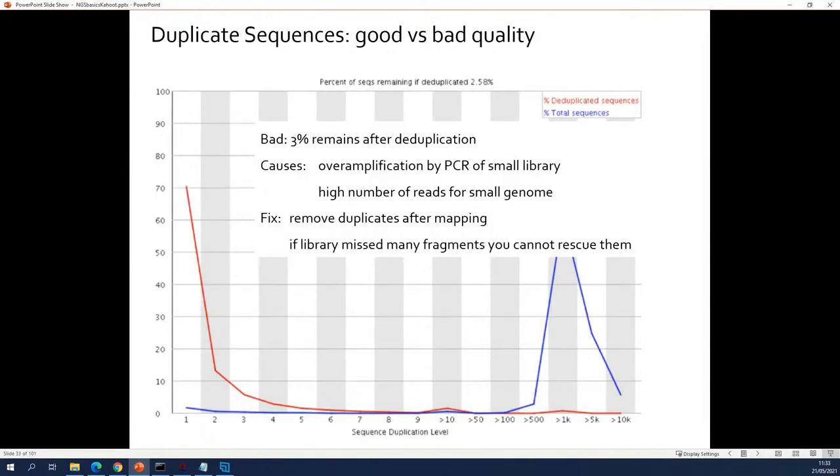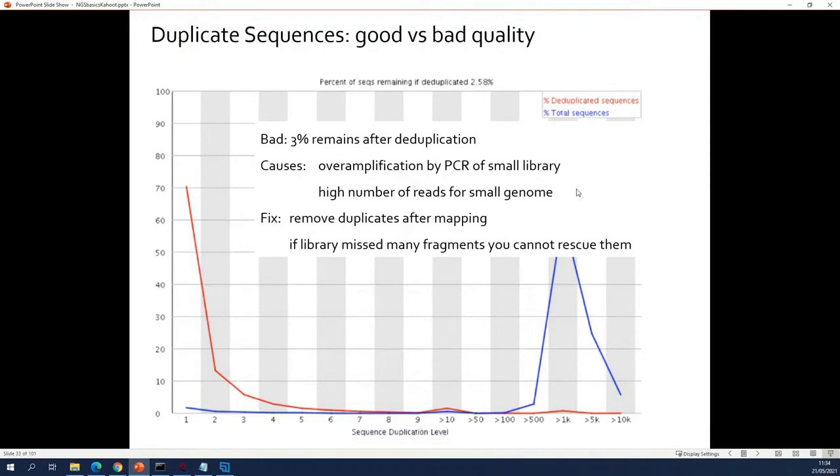What is really bad? Really bad here is this. This is another example. 3% remains if you remove the duplicates. That's almost nothing. This is an issue. Here again, you have to contact your sequence provider to ask him what went wrong here. What are the possible things that could go wrong? Well, either you had a very small library, but really small, and you had to do an enormous amount of PCR. So for some ChIP samples, this might occur. If the transcription factor binds to almost nothing, you have a very small library and you need to do a lot of PCR.